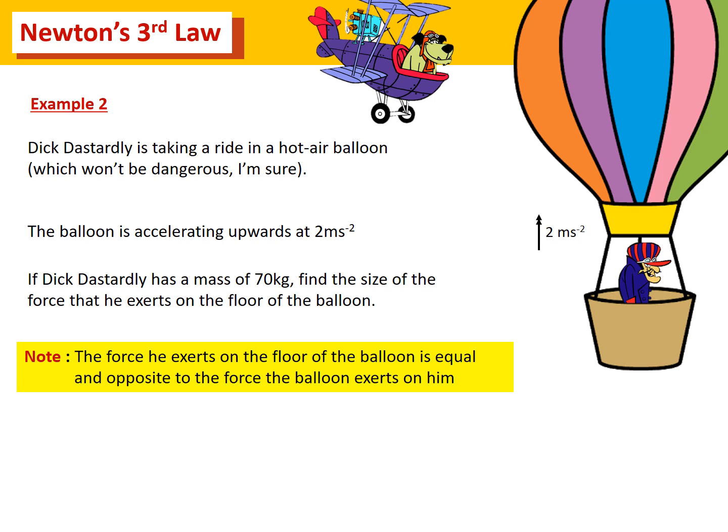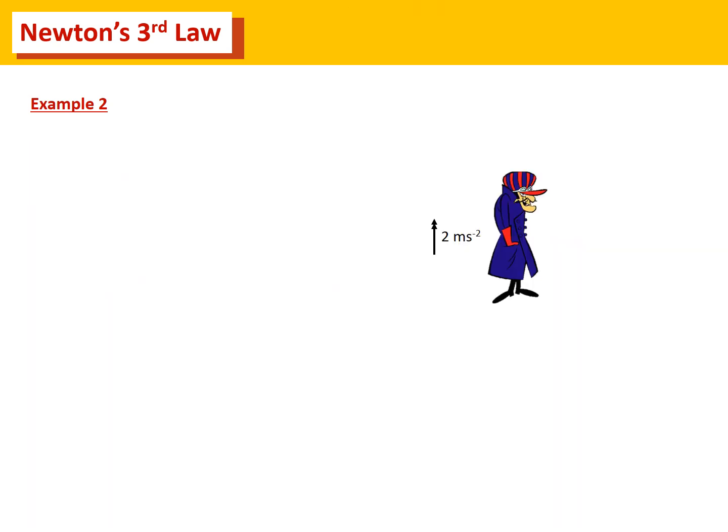So let's look at the force exerted on Dick Dastardly. The first force I would always mark on is the weight of the object, in this case the weight of Dick Dastardly, and he's receiving a force upwards from the floor of the balloon. He's accelerating upwards at 2 meters per second squared, so the resultant force will be